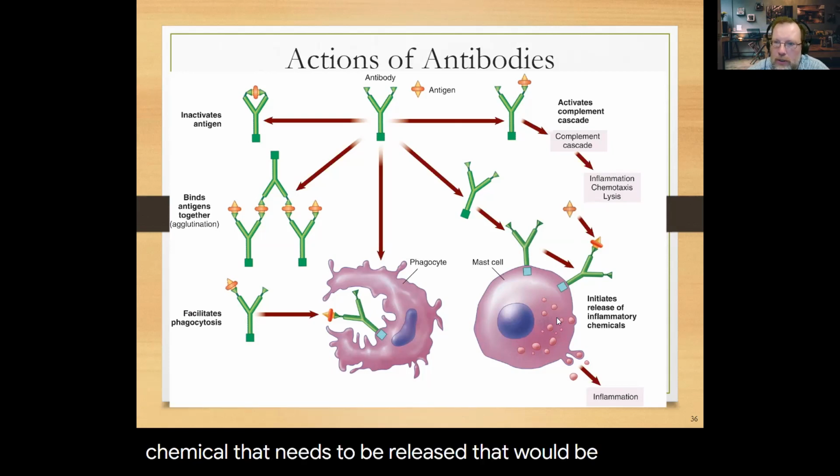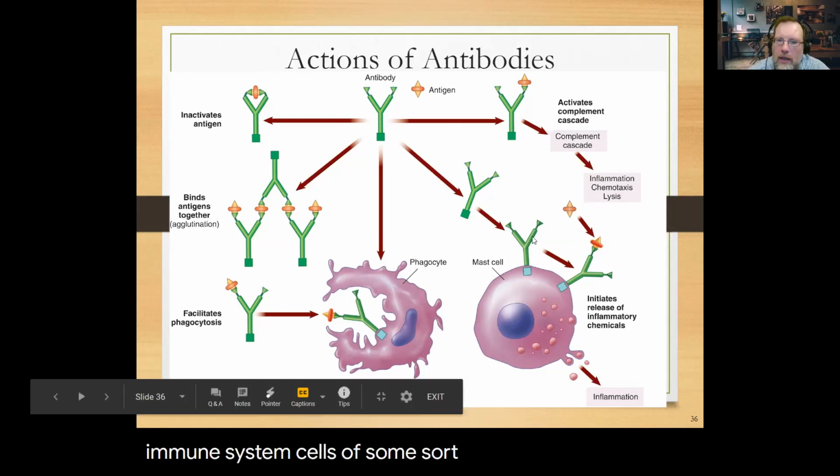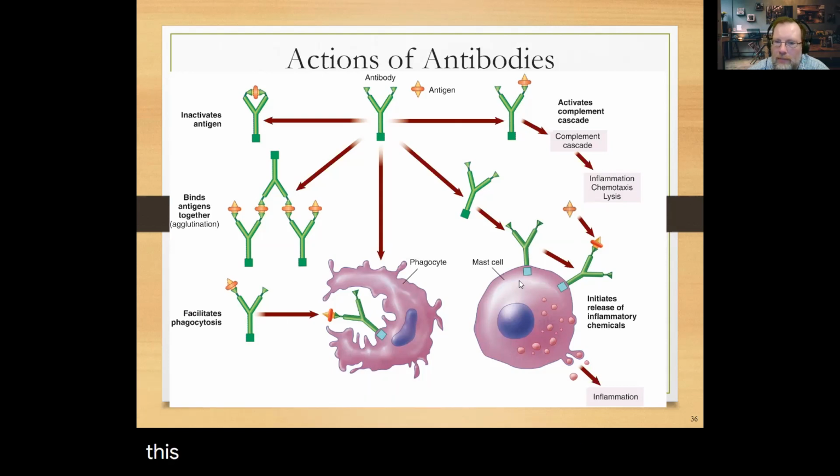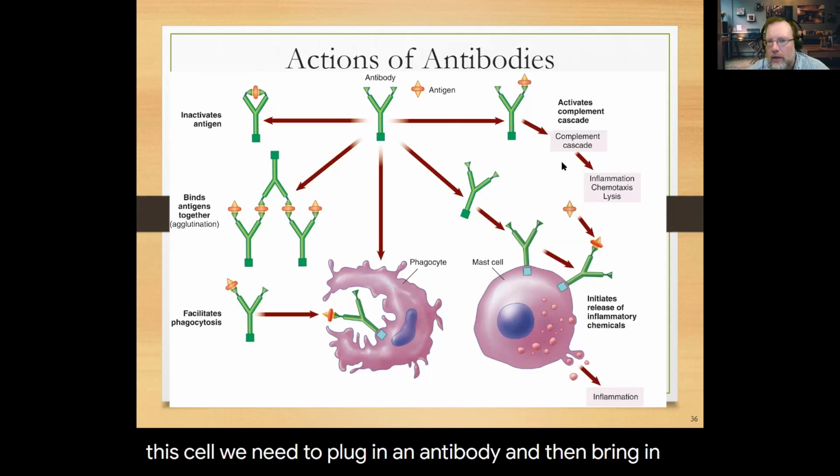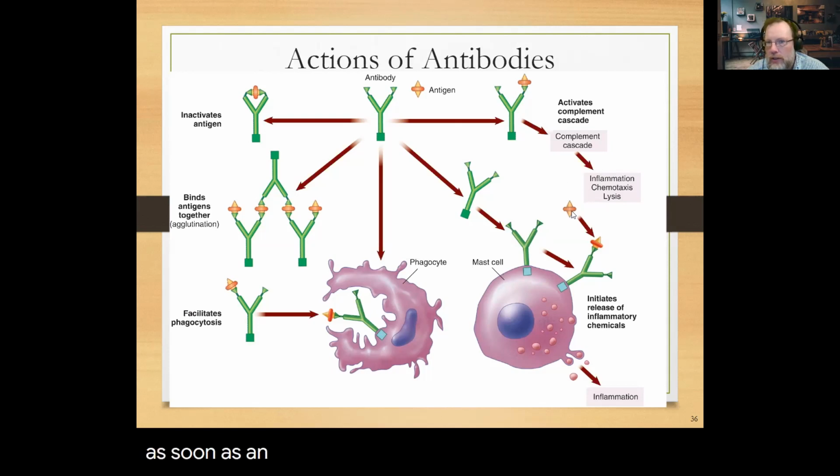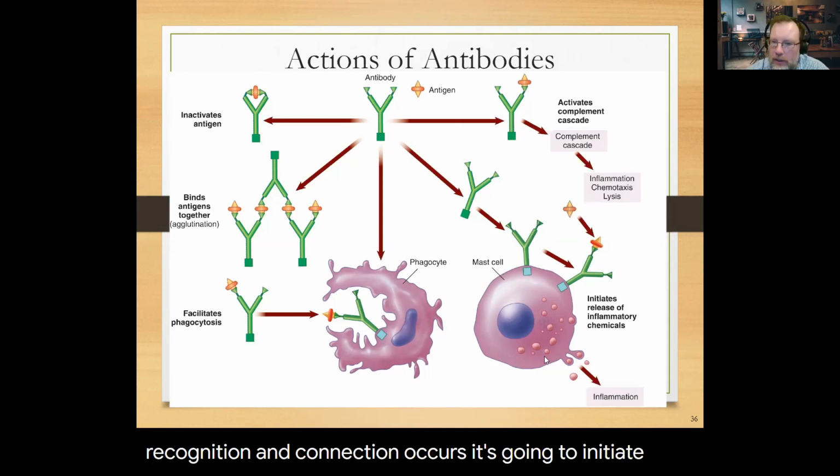That'd be like an immune system cell of some sort. And in order to activate this cell, we need to plug in an antibody, and as soon as antigen recognition and connection occurs, it's going to initiate the release of